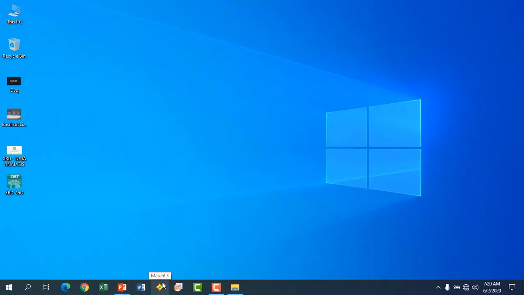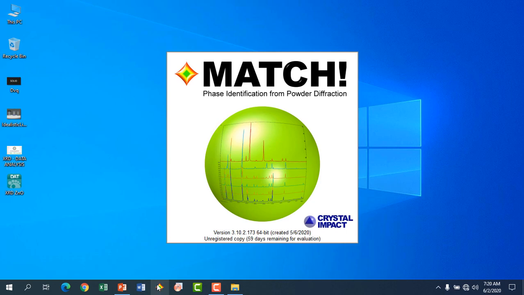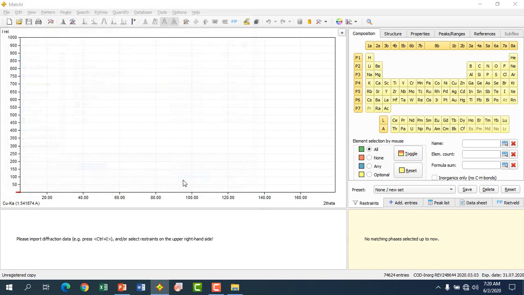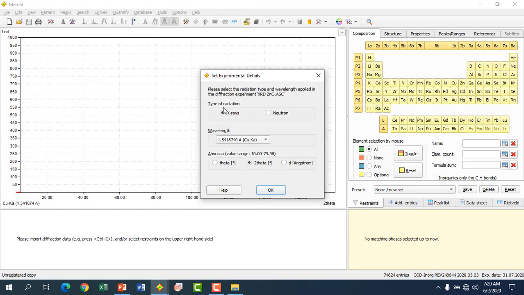I have already installed Match 3 and Fullprof in my system. I just click the Match 3 icon, and it opens. For beginners, it automatically asks for the data file. First you select the location where you saved your data, then click open. Here it asks for some input parameters, such as the type of radiation.